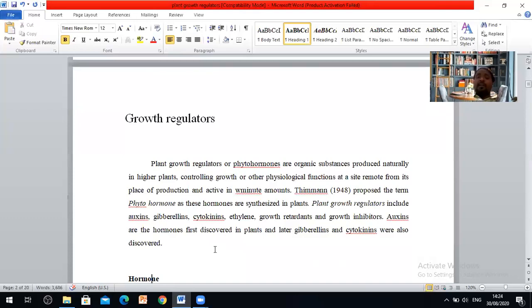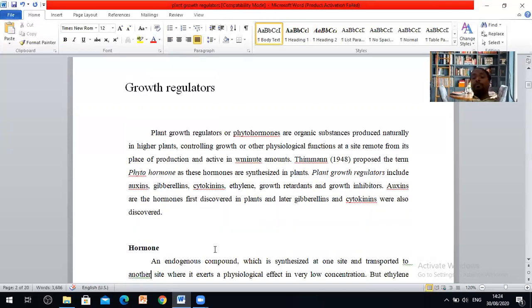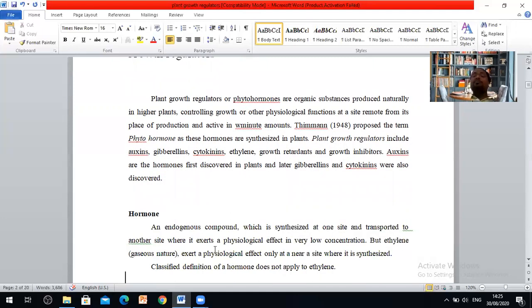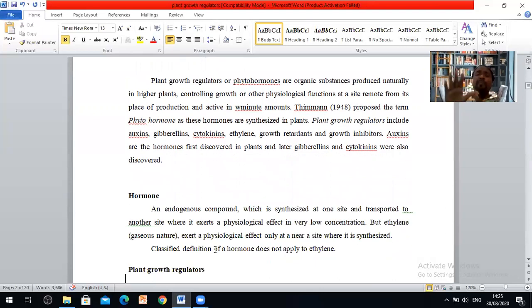Among these, some of the growth regulators, or hormones, promote growth, and those are called growth promoters. Some of them inhibit growth, because the regulation of growth in the plant is controlled by these organic substances. The organic substances responsible for regulating the growth of the plant are called growth regulators. These growth regulators are of different types: